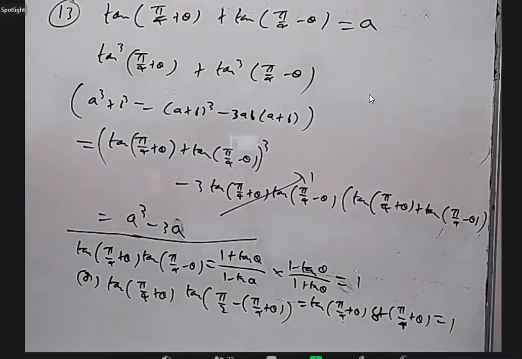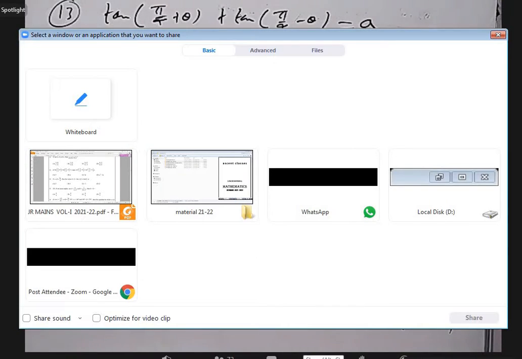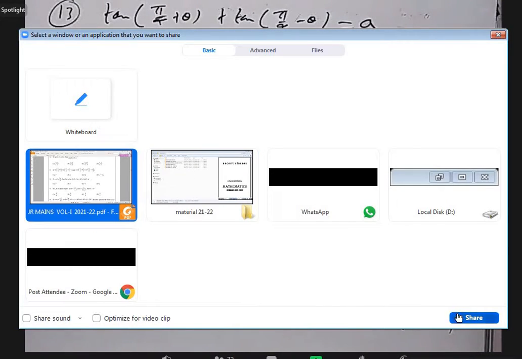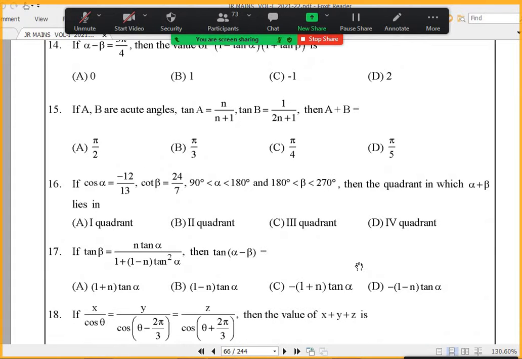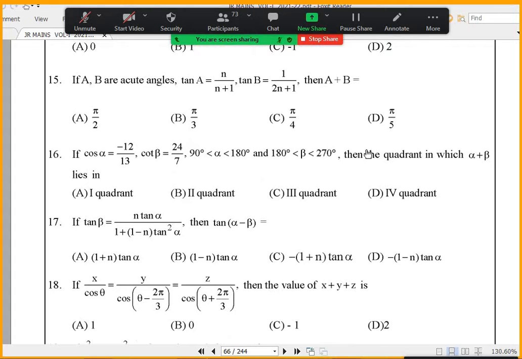Is it okay, Kasi Vishnath? Okay, sir. Sir, 15th one answer pi by 4. A plus B is equal to pi by 4. Yeah, directly find tan A plus B and you will get it. Okay, those are completed. 13, 15 and 17 are there on the screen.